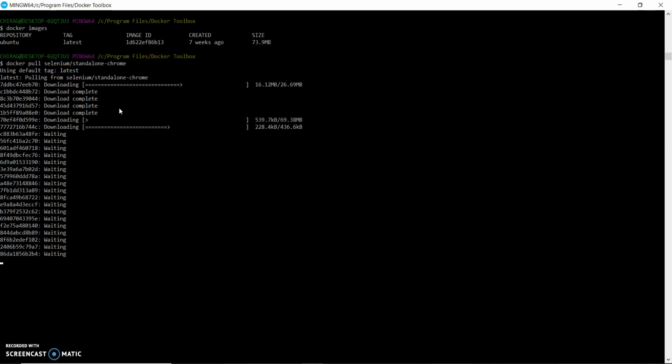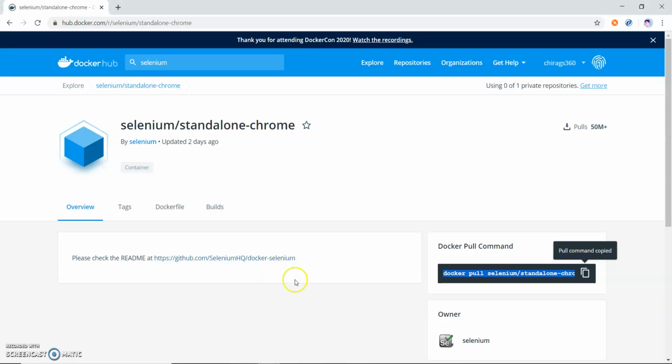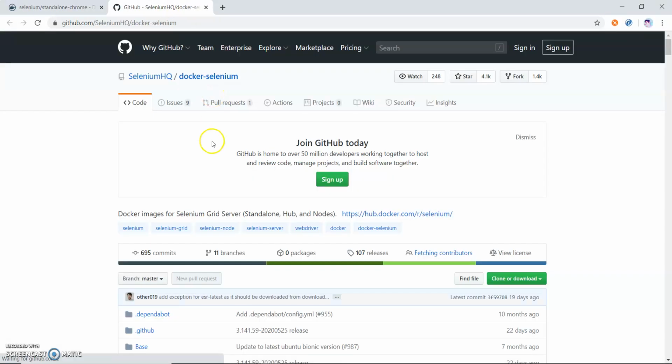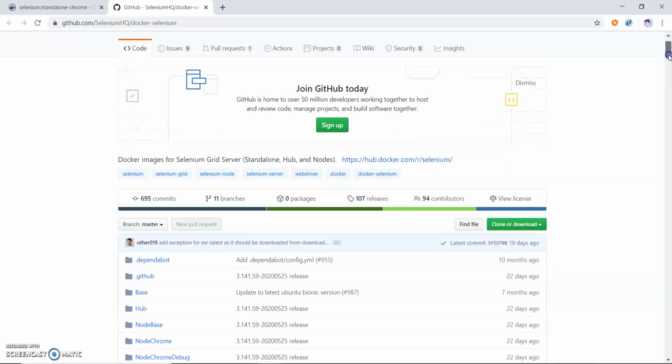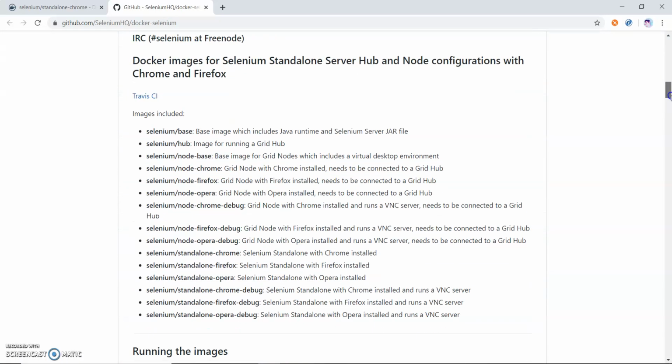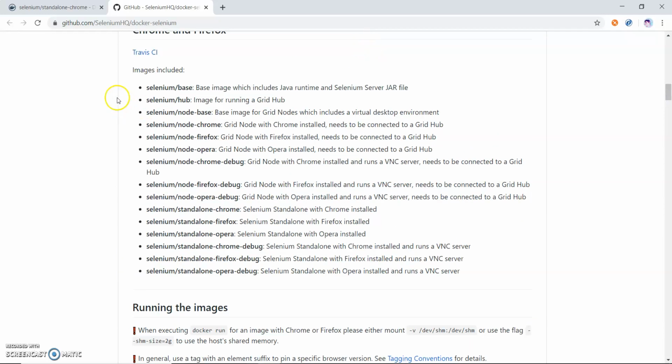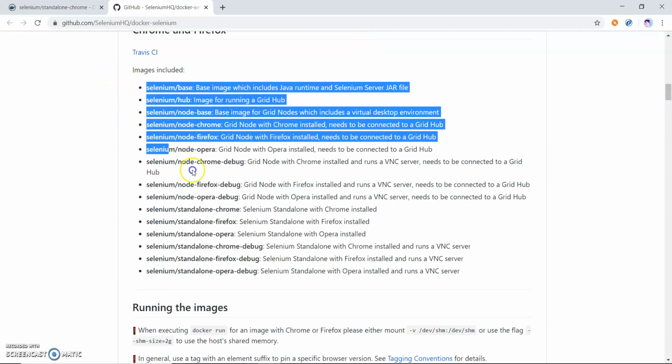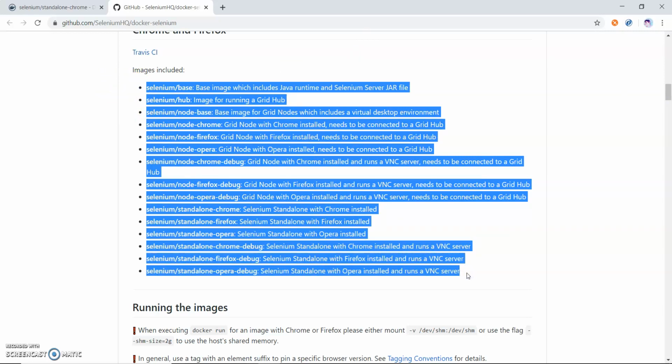It takes some time, so meanwhile we will discuss another thing that can be useful for Selenium WebDriver in Docker. You can see on the Selenium standalone Chrome page there is a note to please check the readme. We will click on this, and there are many details provided by the Selenium members. Currently Selenium gives all these images for Docker.